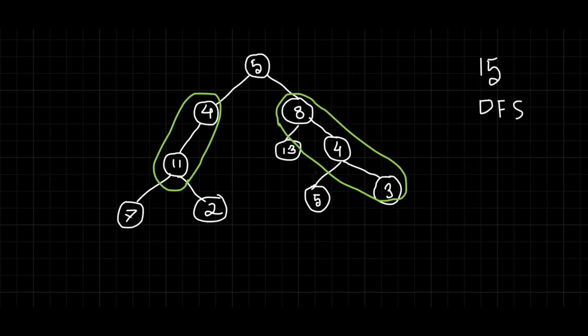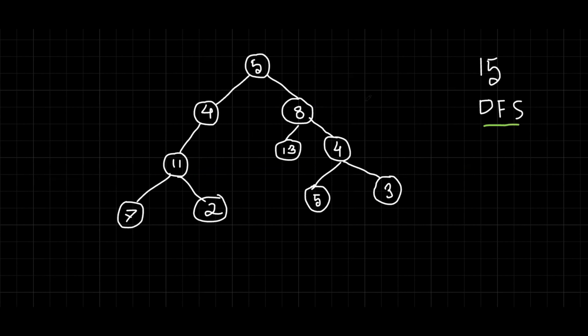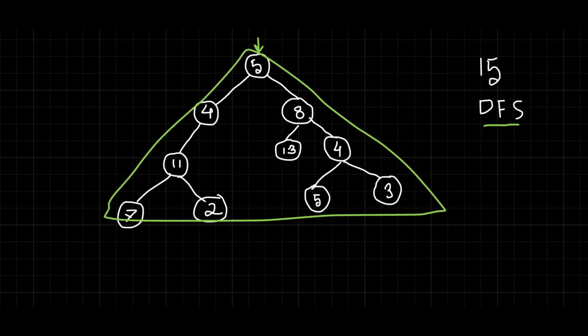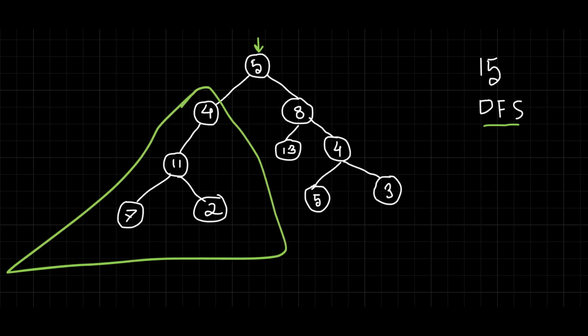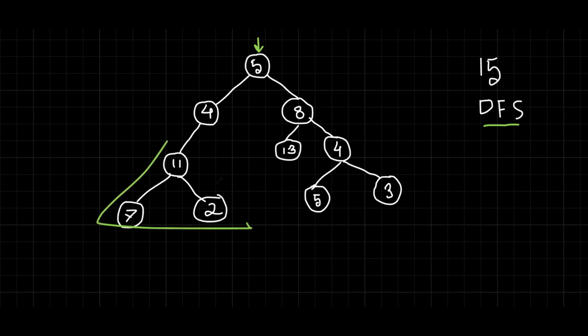So here, how can we basically solve this problem? We can basically solve this problem by using depth first search. So here, in the traditional DFS, we start the traversal from the root. But here, we have to start the traversal from each of the nodes. That means we first start the traversal from the root, and we will traverse this whole tree. Then we will start the traversal from this left node, then start the traversal from the right node. Then we start the traversal from this node, then from this node,